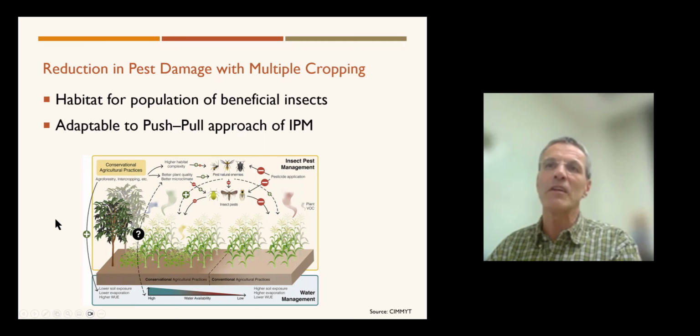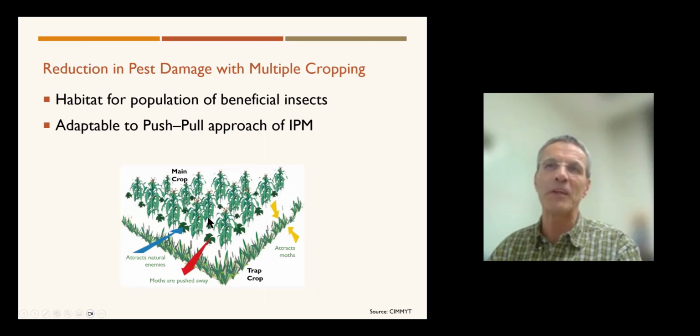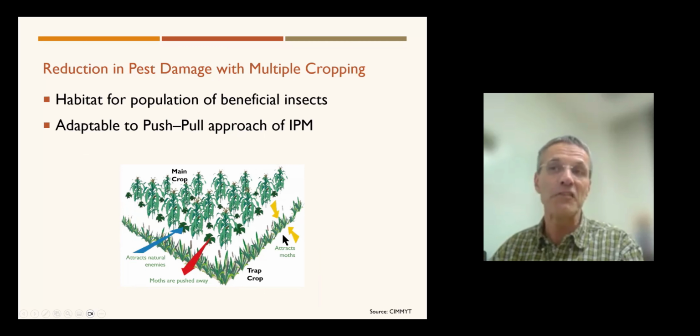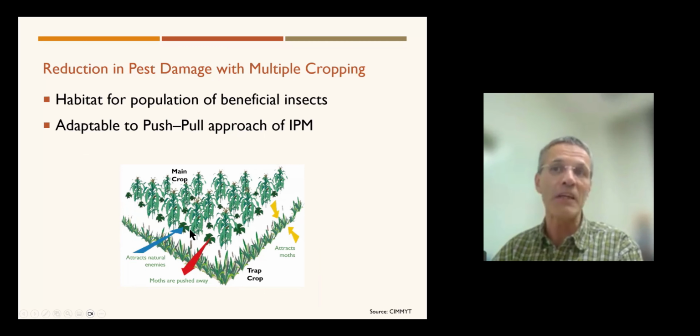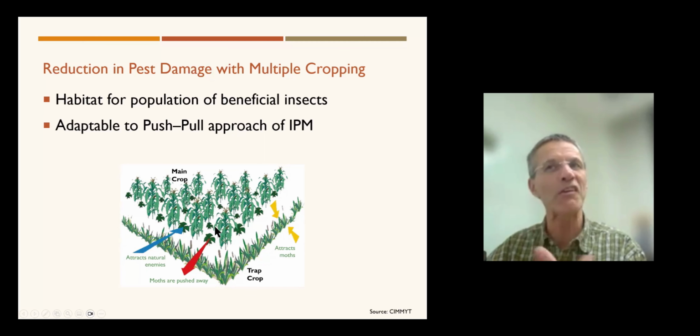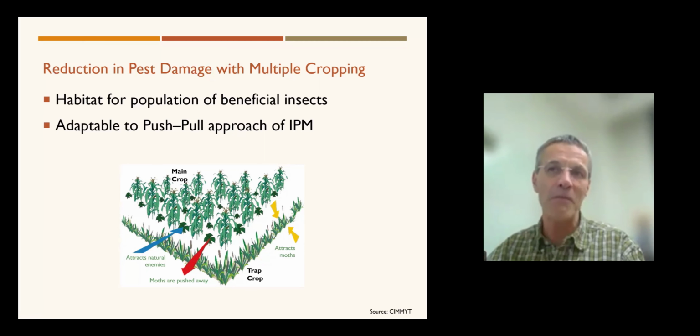In addition, and I'm just using an example not out of agroforestry, you have a good potential for having one of the species, either the trees or something else that grows in between, that can attract natural enemies and other crops that may be pushing out, so that maybe have volatile chemicals that the insects don't like, and so it pushes them away out of the crop. So you have that potential in agroforestry for having more habitat, but also for creating plants attractive to enemies and very non-attractive to pests.